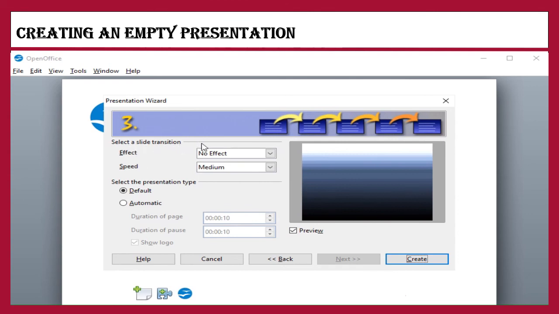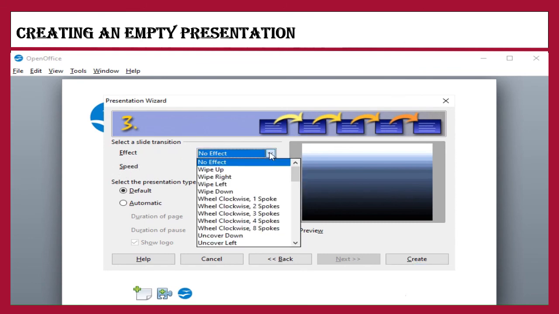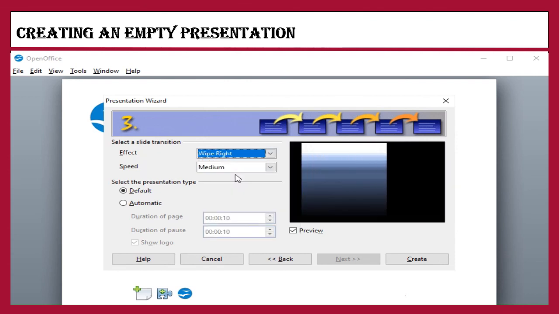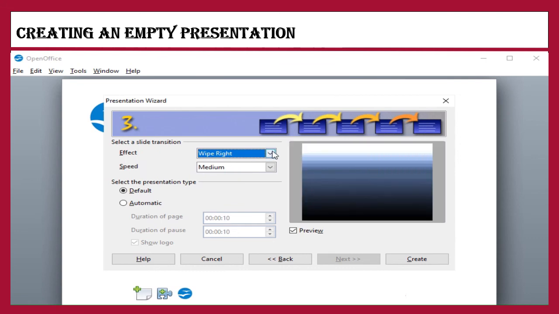And in the third screen, could you able to see this, children? Select a slide transition. What do you mean by transition? Between one slide to another slide, you can give a special visual effect that is called transition. So under this select a slide transition, could you able to see this effect and speed? You can select any of the required effect and you can also see the preview.